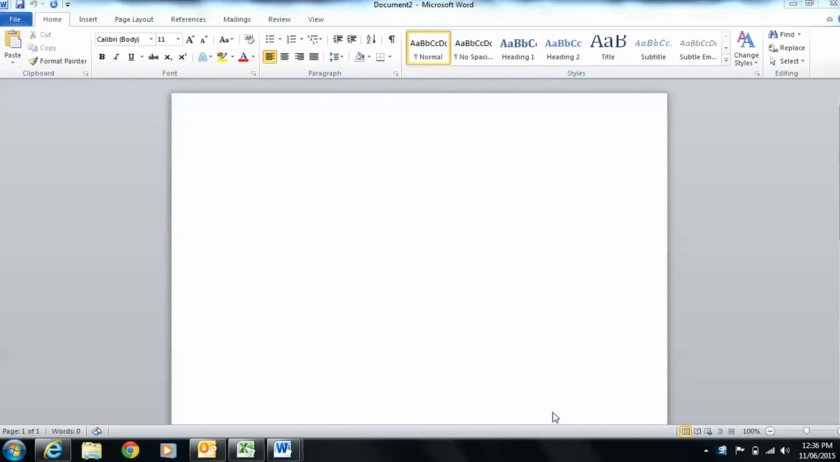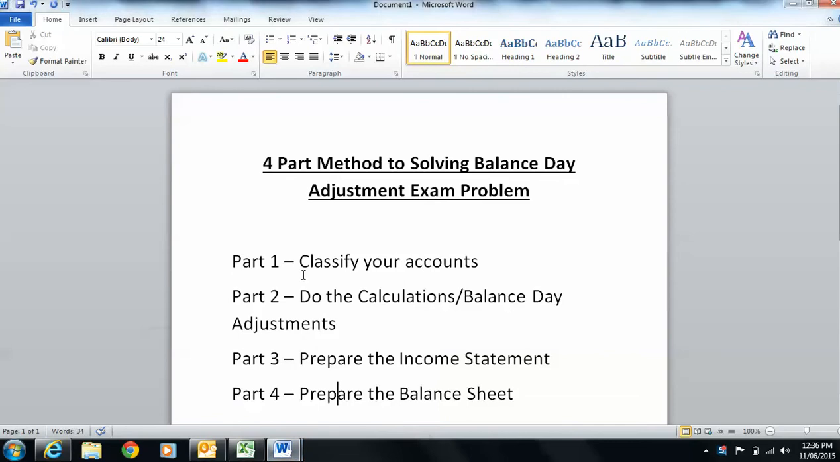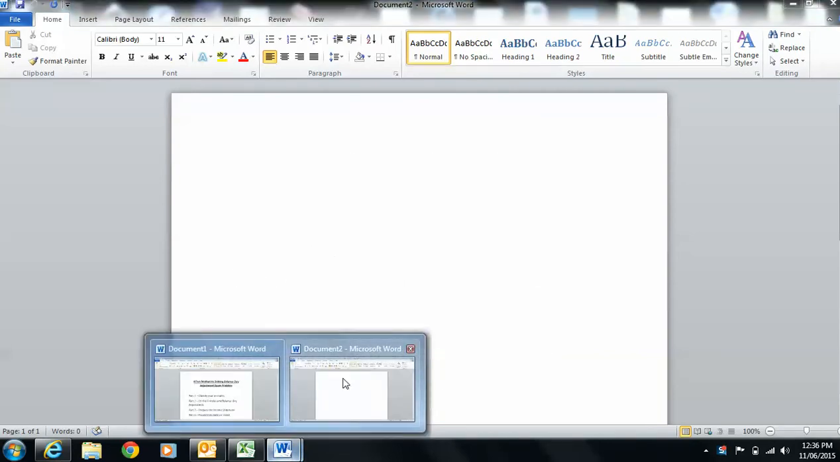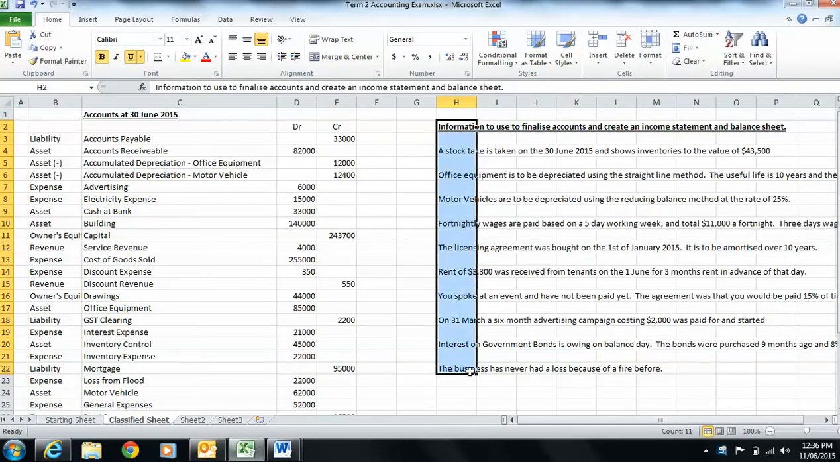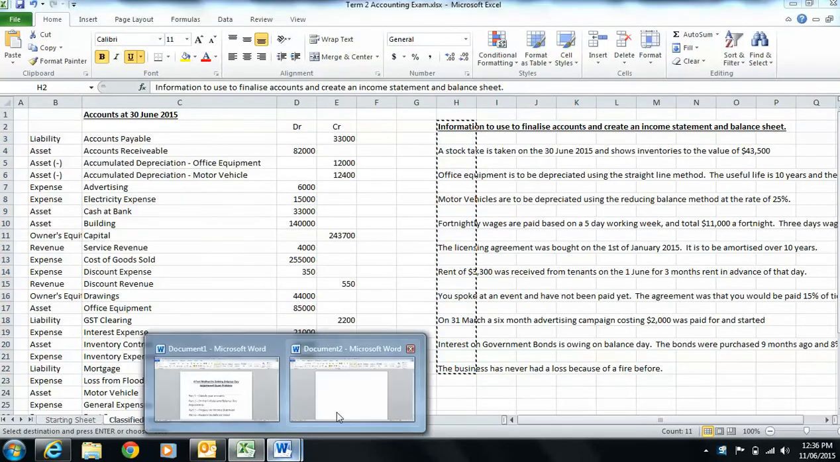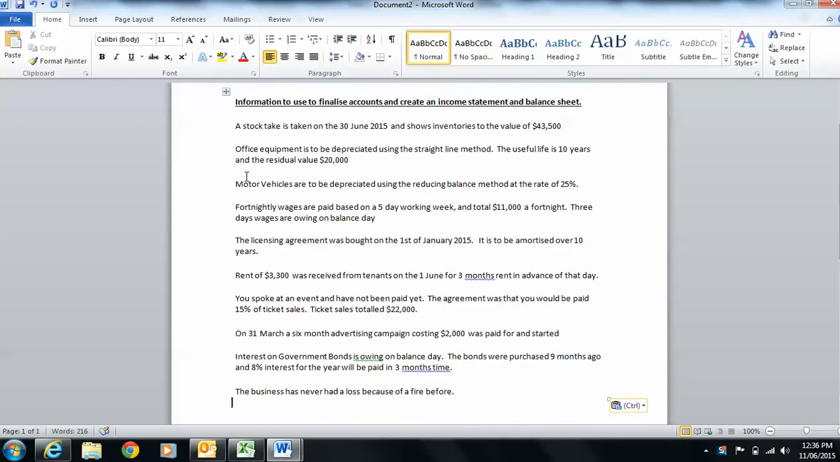This brings us to the second part of our four-step process in solving things. We've classified all accounts. Now we've got to do the calculation and balance day adjustments. So let's go to our spreadsheet and grab the different things that we've got to do. I would suggest doing this on paper that you then add into